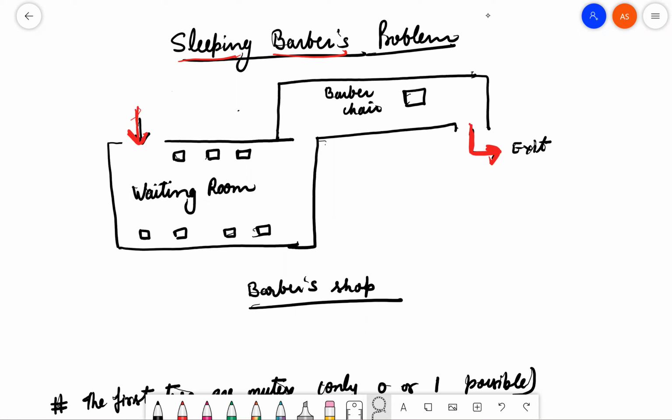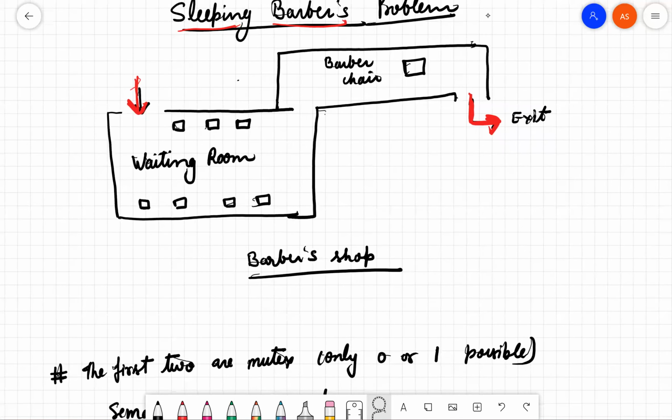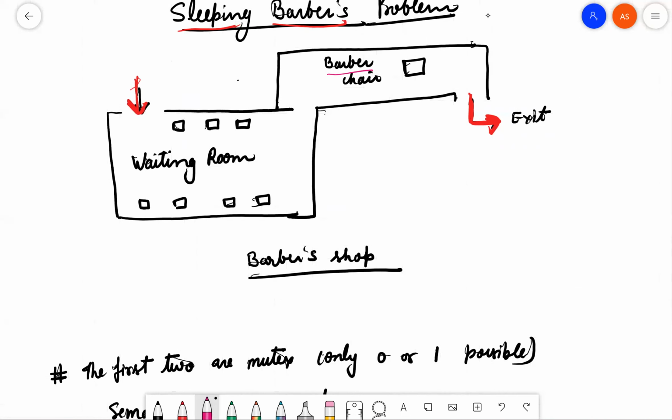Let's see with the help of this diagram. In this diagram, there is a barber chair in the barber room, as you can see here. In this barber room there is one barber and one chair. At a time, the barber will cut the hair of one customer, and adjacent to this barber room there is a